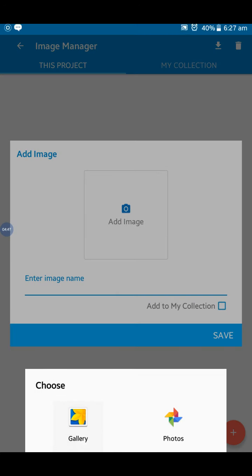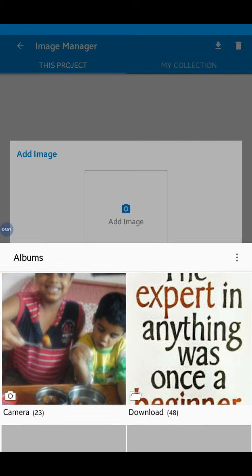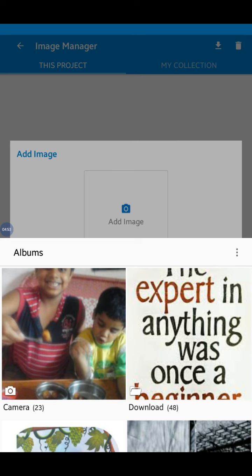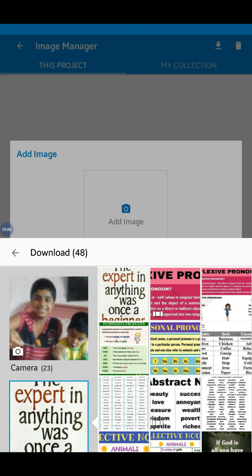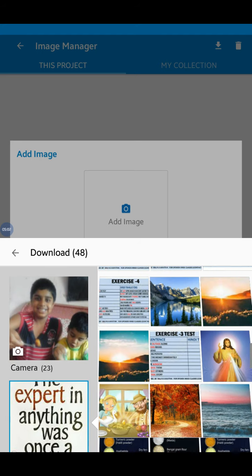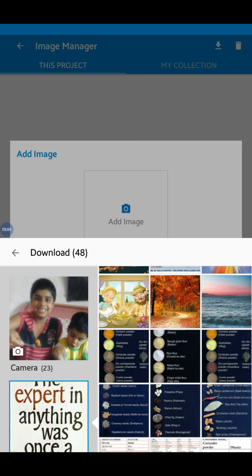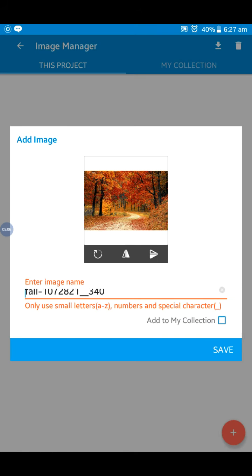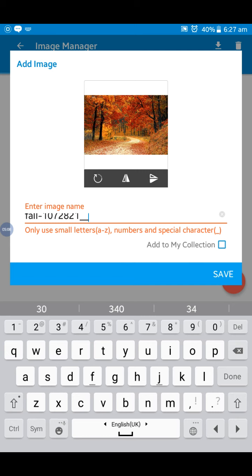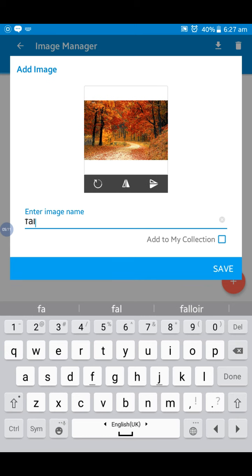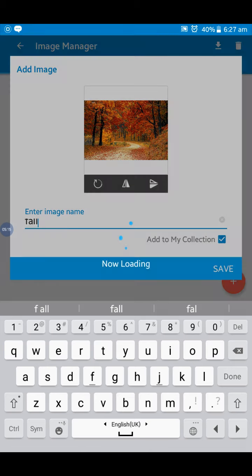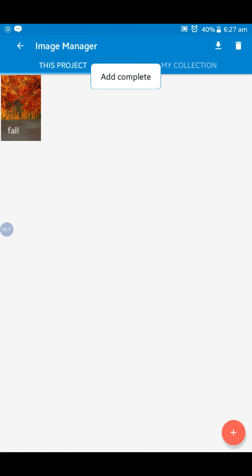From the gallery, so we have to take the image from the gallery. We will take this image and save the image.